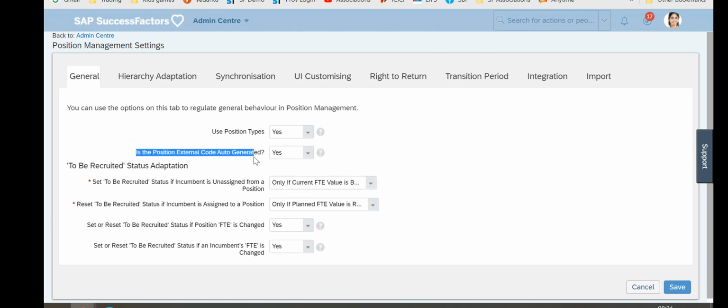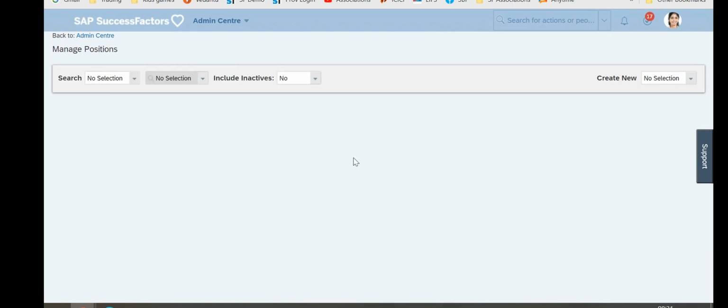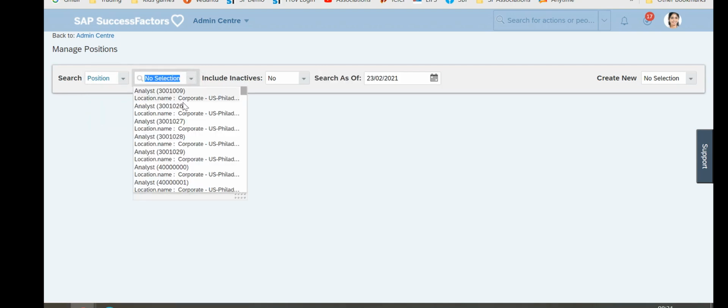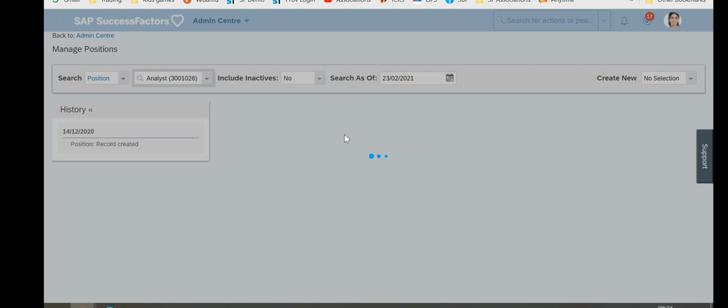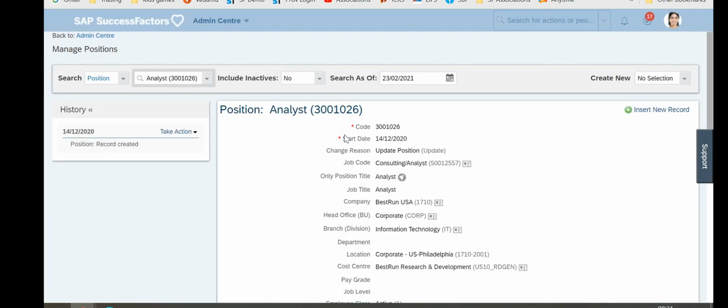Then, is the position external code auto generated? So as I mentioned earlier, every object or every field has a code. In the same way, even positions will also have something called a position code. So it can be auto generated or it can be manually created also. But if you create manually, you have to keep track of what is the next number available, so that you don't type some random number instead of going through the sequence. So just to avoid that, or